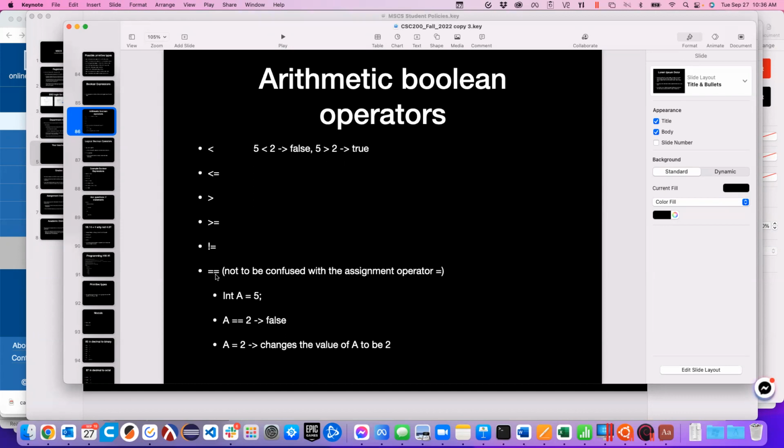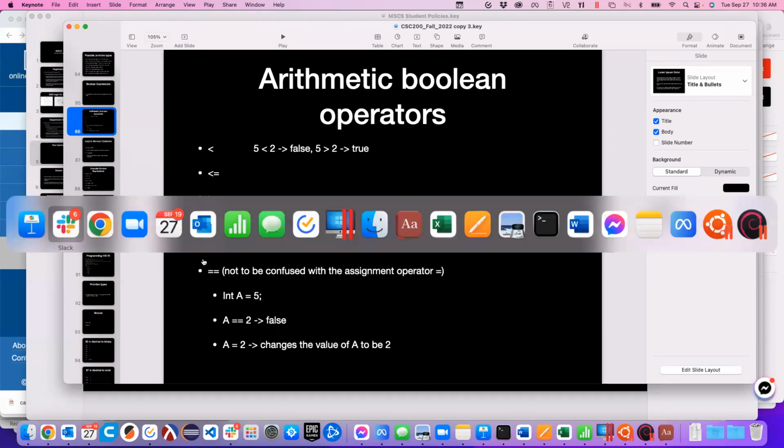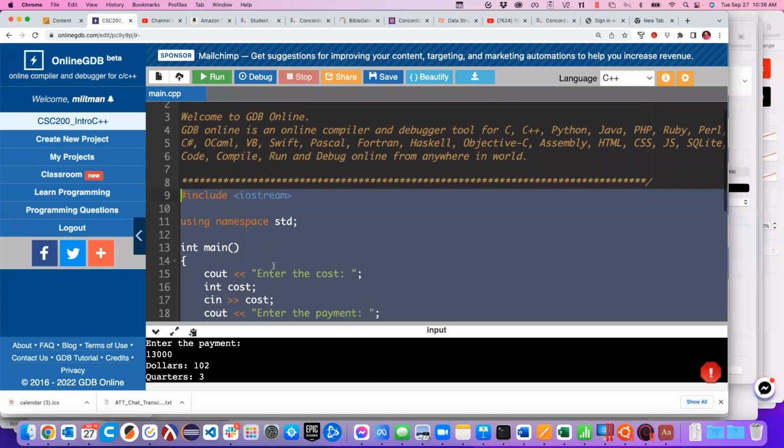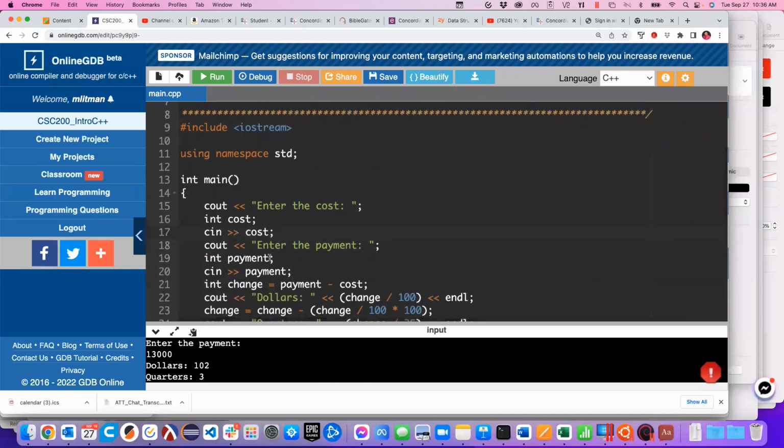Okay, then we have the equivalence operator, double equal sign, not to be confused with the assignment operator, which is a single equal sign. We use the assignment operator to assign a value on the right to the variable on the left. That's what we use this assignment operator for. Make sense? So a common mistake for beginning programmers is messing up by saying, oh, is something equal to